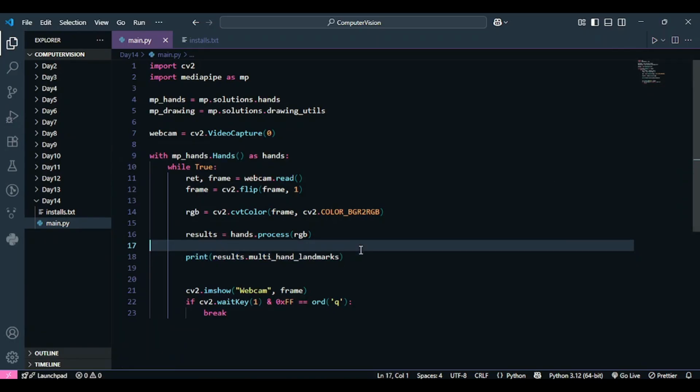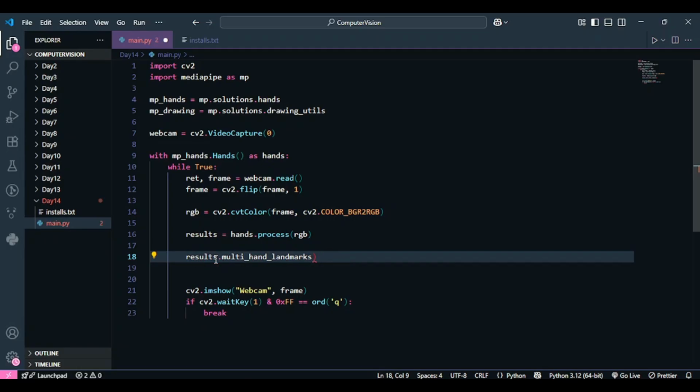Now, since this results.multi_hand_landmarks is a list, I can obviously iterate over that list, right? So that is exactly what I'm going to do. We are only going to iterate over the list if it is not None. If it has not detected any hand, then obviously we're not going to process or try to draw the hands.